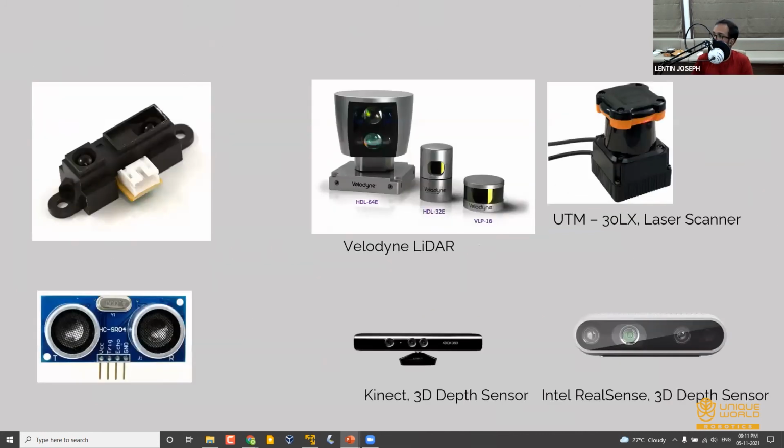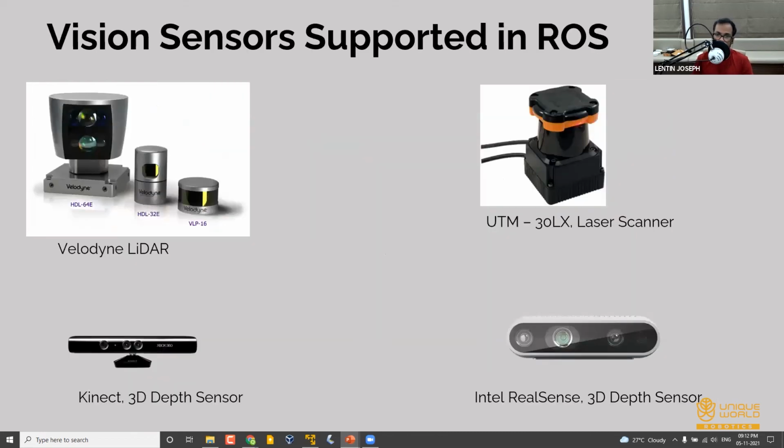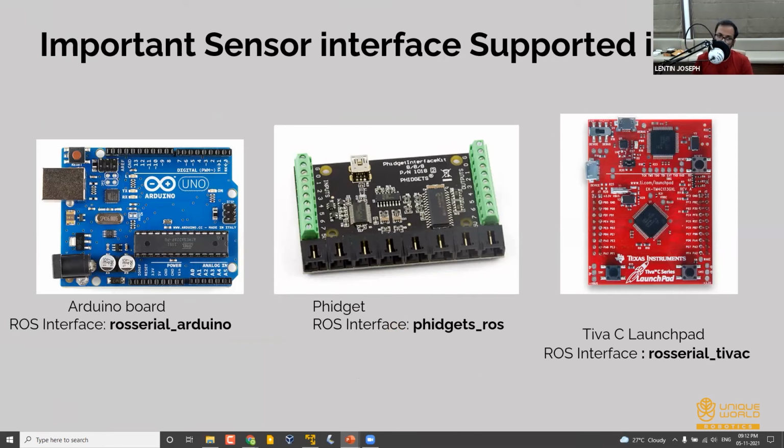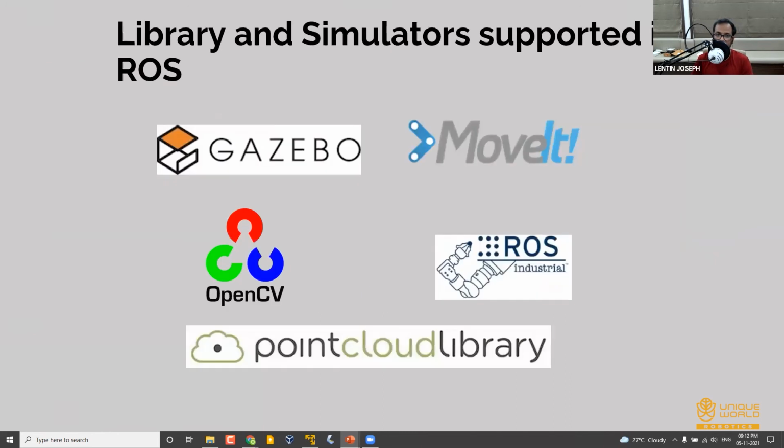These are some of the sensors that are supported by ROS. Supporting means you can plug the sensor into your computer, then you can run a program in ROS that will read the sensor and publish the sensor data as a topic or something. Okay. And you can connect IO boards like Arduino, PIC, all these boards into ROS, and you can create a node on these Arduino boards. It's very interesting actually. Okay.